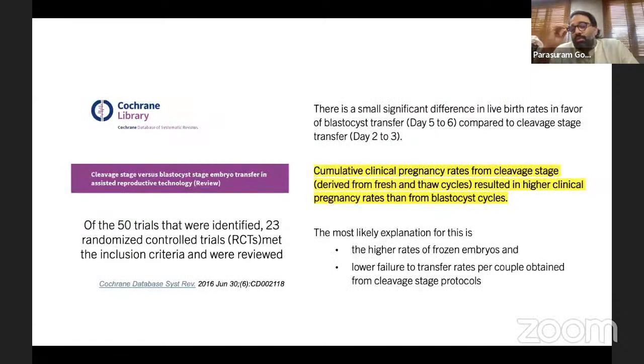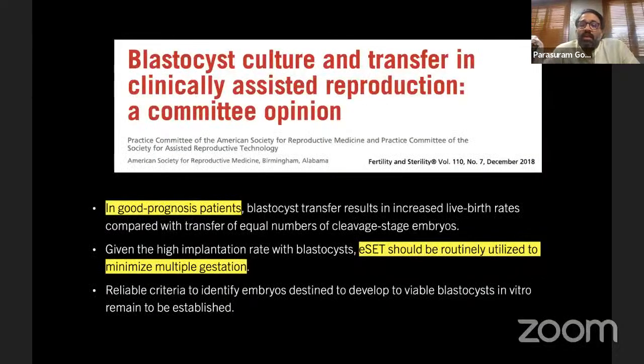Similarly, a Cochrane review was published in 2016 questioning the same issues, and the Cochrane review also came up with the conclusion that the cumulative clinical pregnancy rate from cleavage stage resulted in higher clinical pregnancy rate than from blastocysts. Similarly, there were several studies that came in after that Cochrane review, wherein they said that,